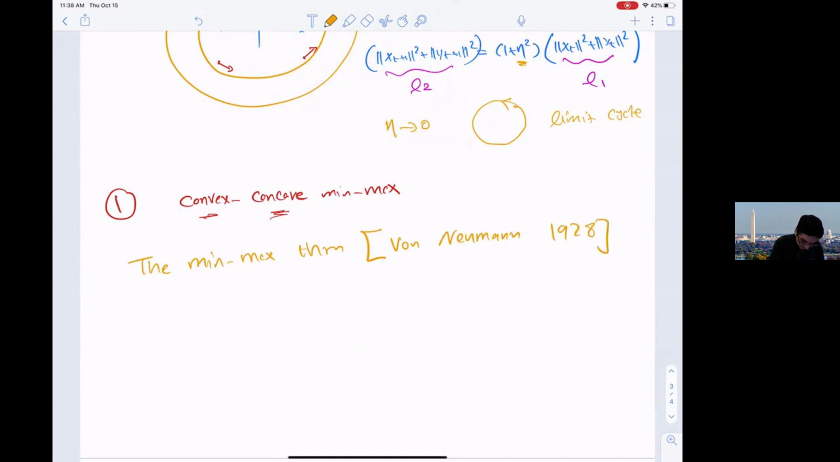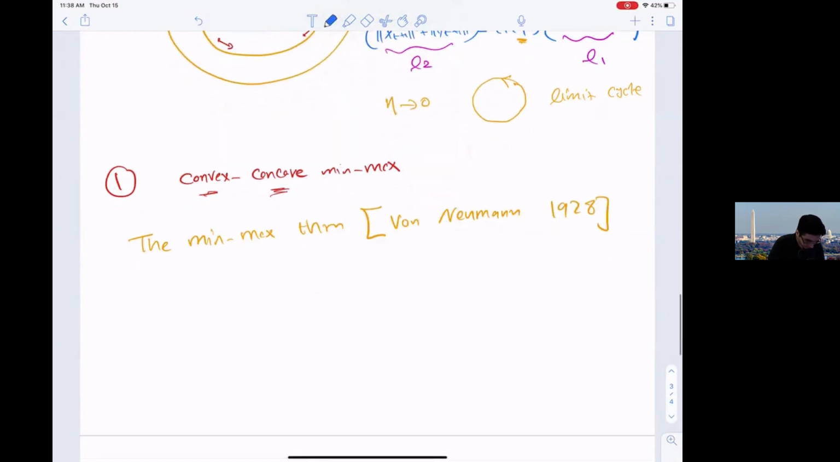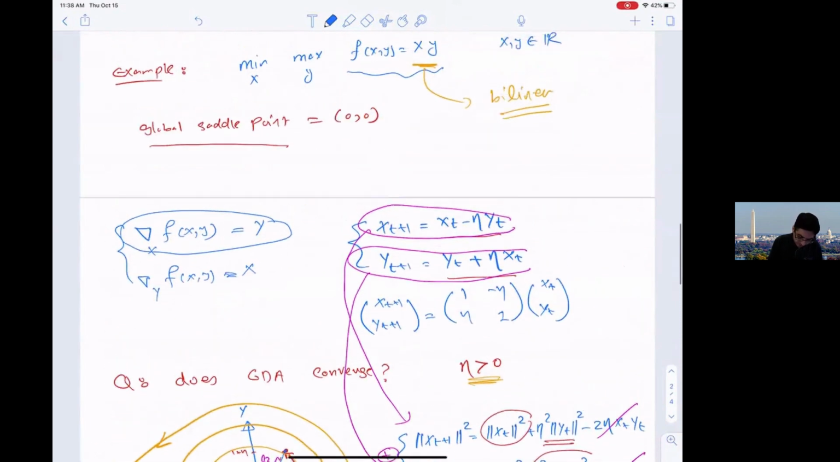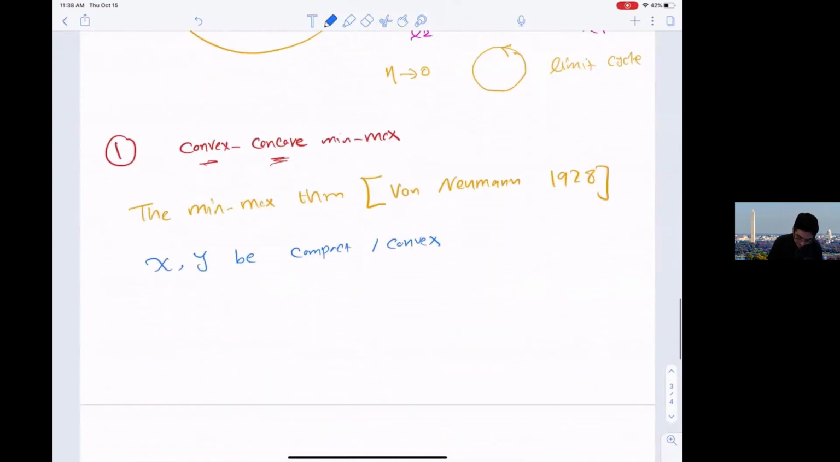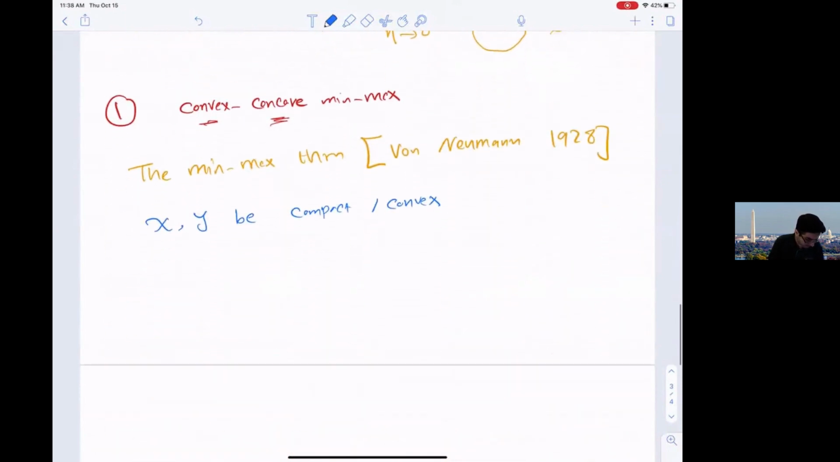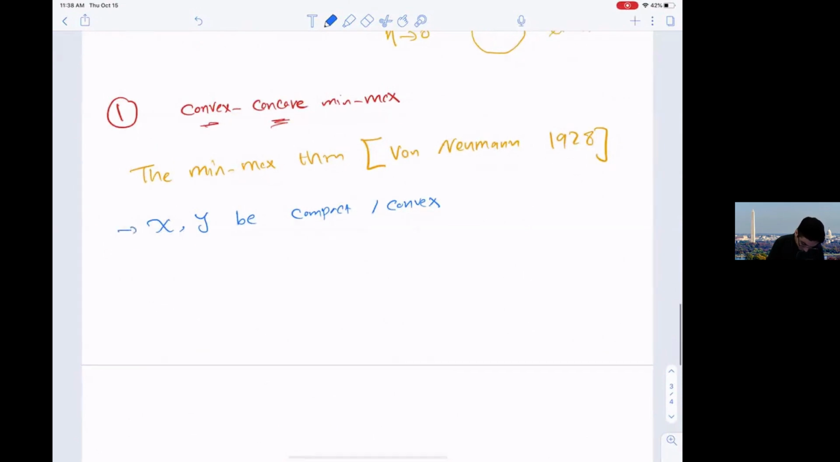1928, it states that, all right, so here we are considering the feasible set X and Y to be compact and convex sets. It's a bounded, let's say, convex set. You see already this example that I mentioned here, it doesn't follow, because here my feasible set is the entire R squared, so it is not bounded. If the feasible sets are convex and compact,